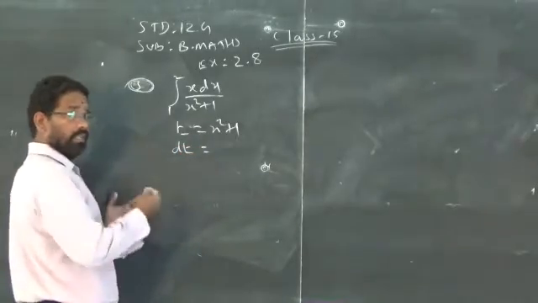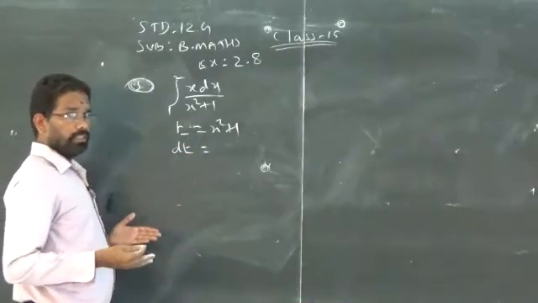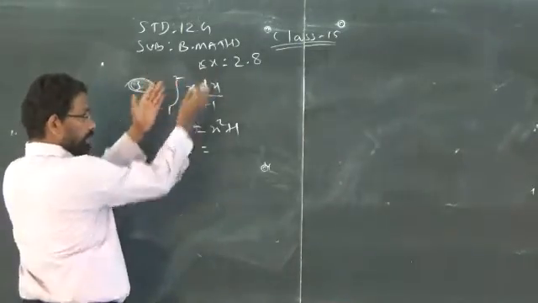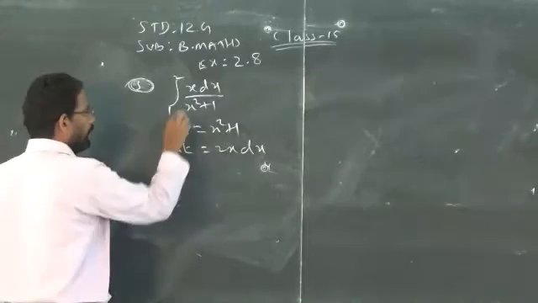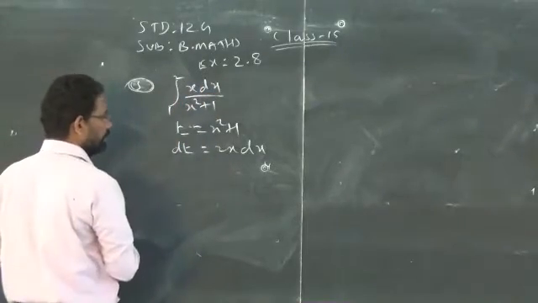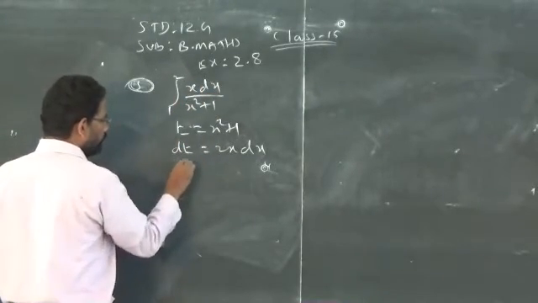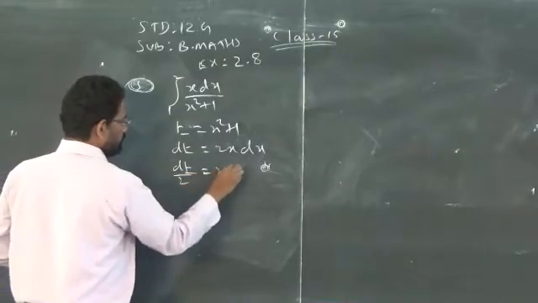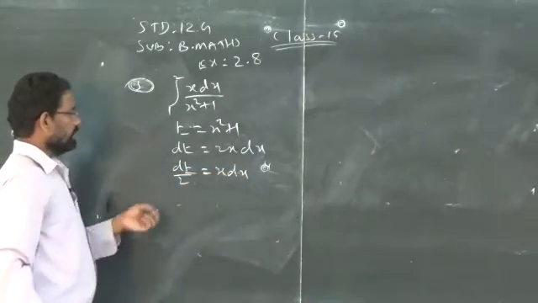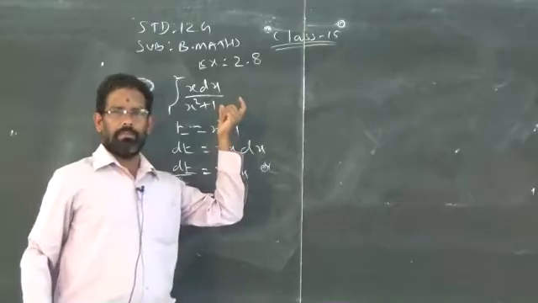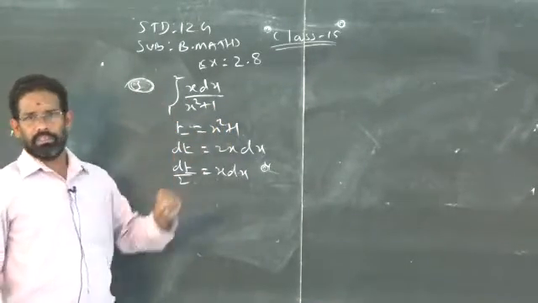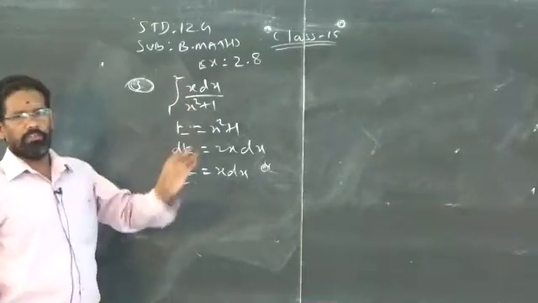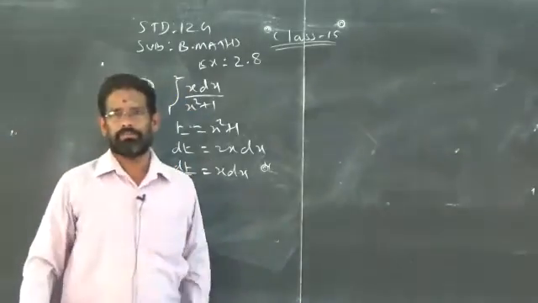In the substitution method you have to consider any one part as t. If you differentiate, the answer should be in the remaining part of the question. So that is 2x into dx. I have only x dx in the numerator, I don't want 2, so you bring it to the left side, I get x dx by 2. See, once I converted the given question, the variable x into t, then this limit also should be changed in terms of t, because this limit is given only for x variable, not for t variable.